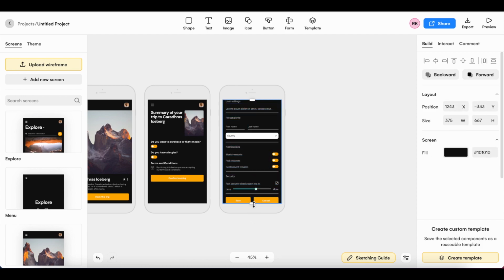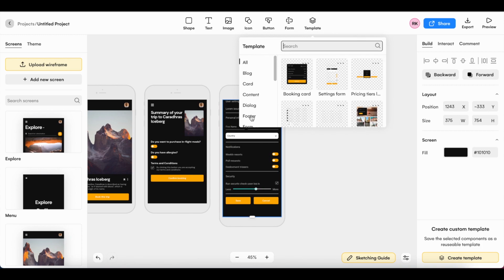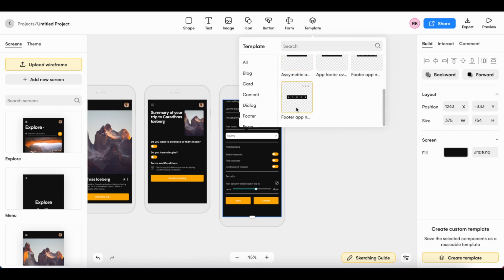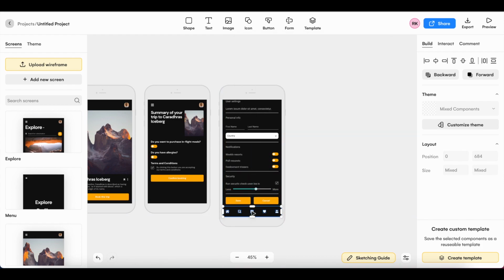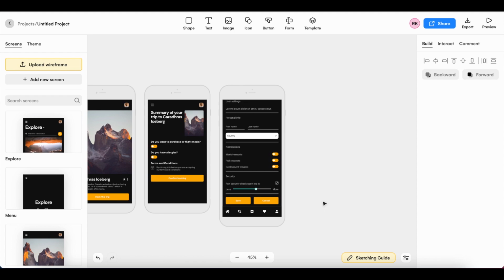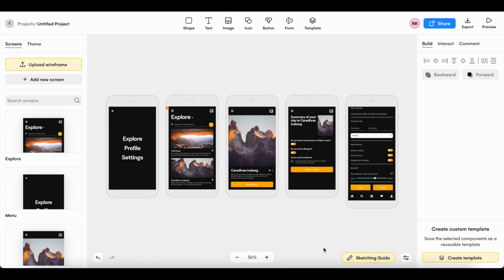There we go. Now of course you can see it doesn't quite fit on the screen here, and what I can do is drag this down and make this a scrollable experience. So of course I can actually put in more content here, and I'm going to put in a footer, and I'll go for this navigation footer here as so. There we go. Now I've created my settings screen, I'm going to go ahead and create the profile screen.